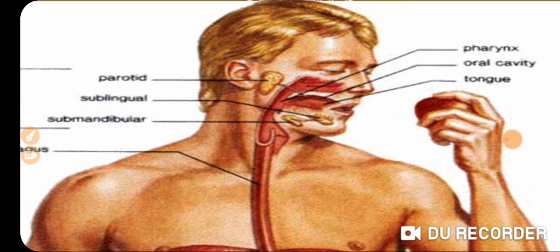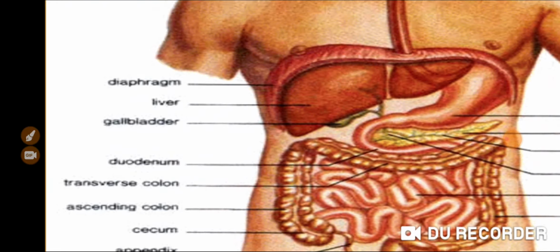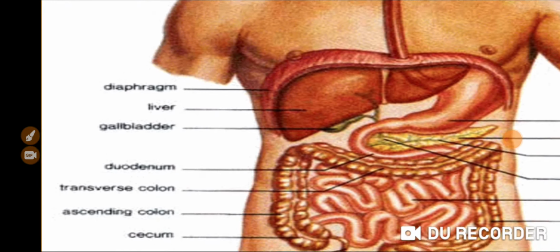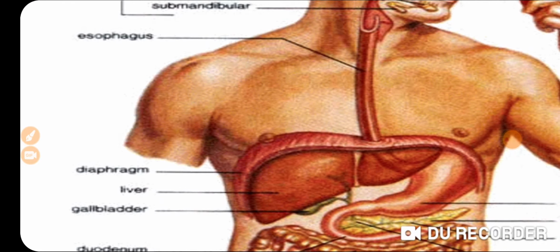The parts of the digestive system in our mouth are teeth, tongue, and salivary glands. Further, a food pipe takes the food into the stomach, where further digestion of food takes place